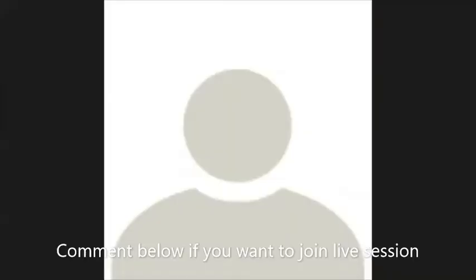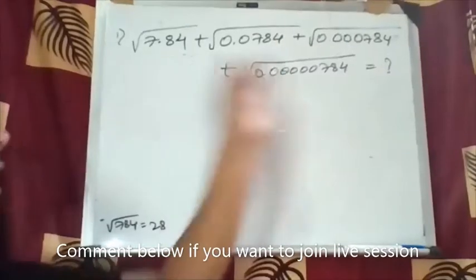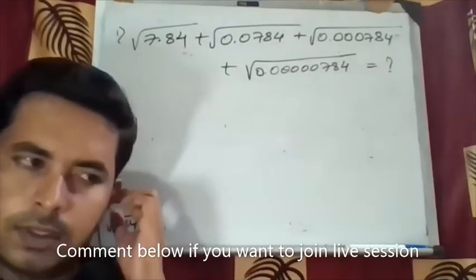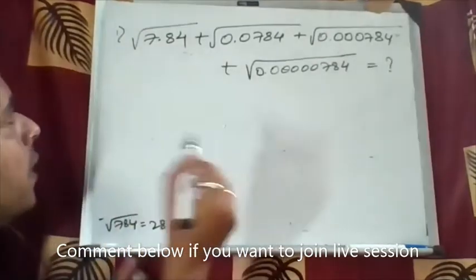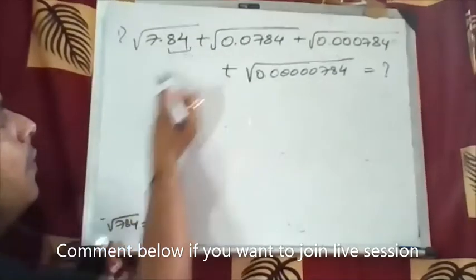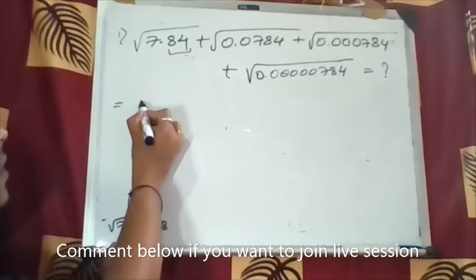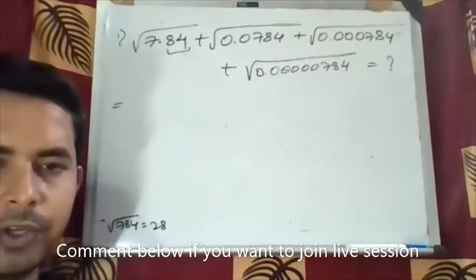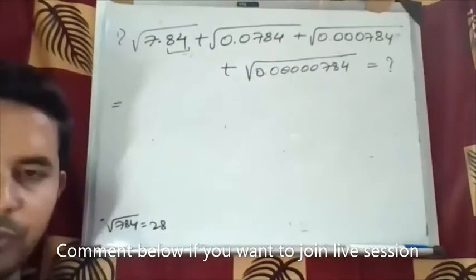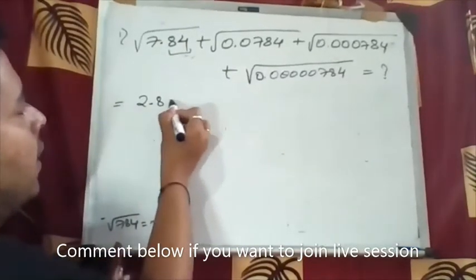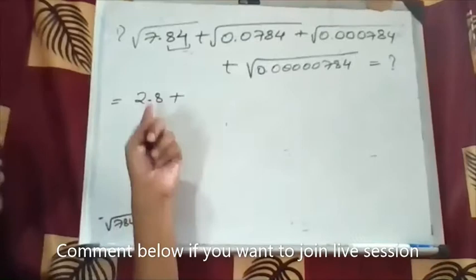28. Yes, 28. So keep the decimal values according to that. Here, the first one, don't get confused. Here only one pair will become, so there will be only one digit before the decimal. So you'll get 2.8. Okay, so like this, when they give, you have to write this.